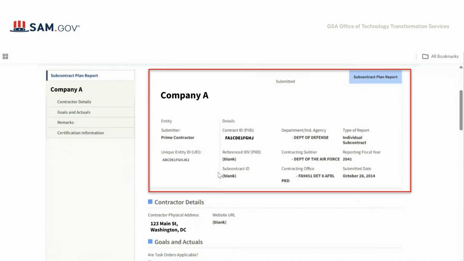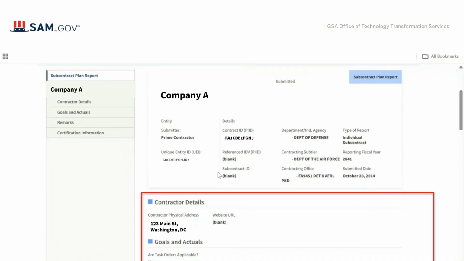this one doesn't have a reference to IDV PID. And because this one is submitted by a prime contractor, there is no subcontract ID. And we are showing them using the value blank in parentheses. And then we have the org data, and we have the type of report, we have the reporting fiscal year, and we have the submitted date